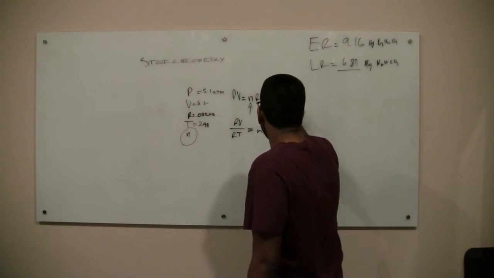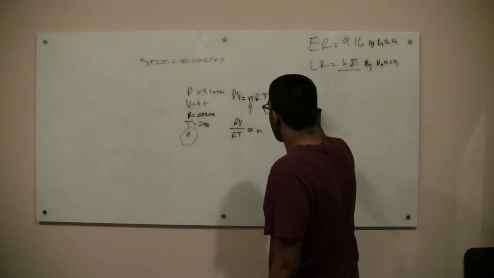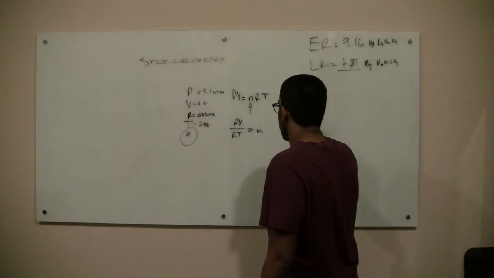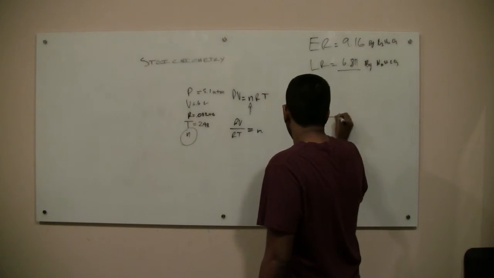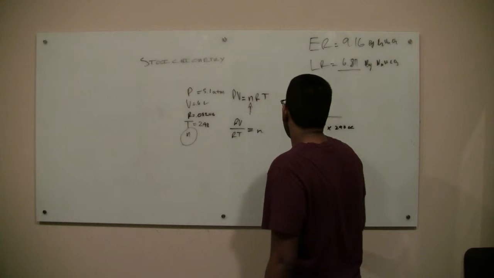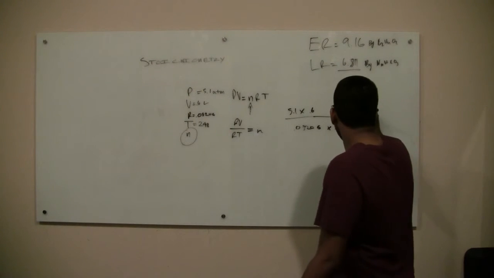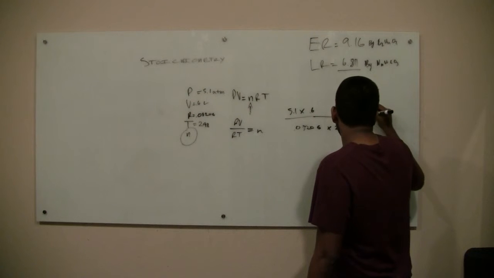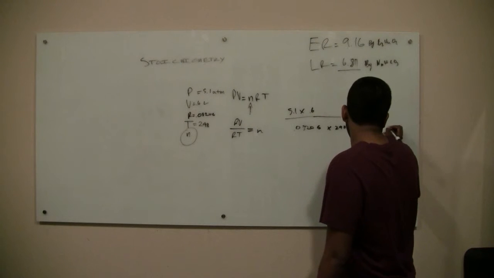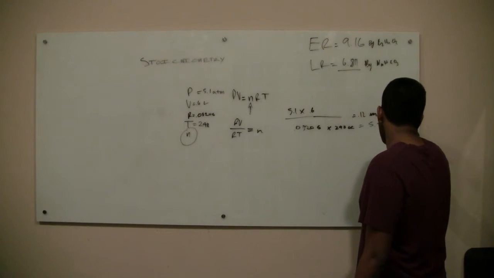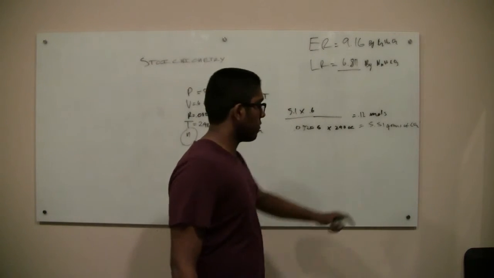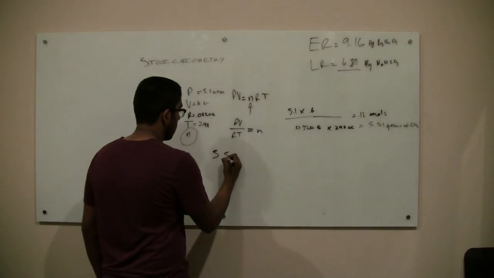So when we plug this into this formula, we get 5.1 times 0.6 divided by 0.08206 times 298 Kelvin. And we find out there's 0.12 moles, so there is 5.51 grams of CO2. And now that we have the experimental, which is 5.51, what we can do is get the 5.51